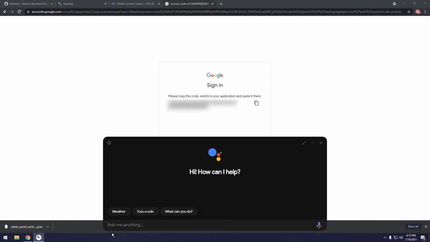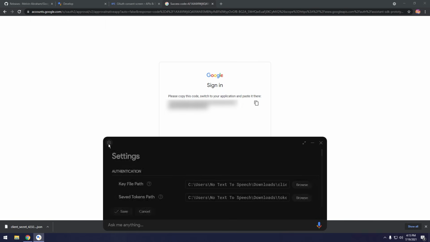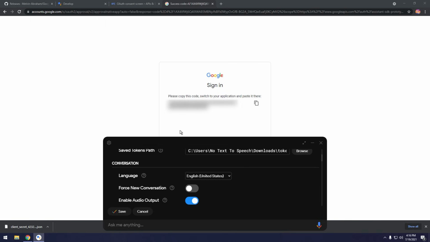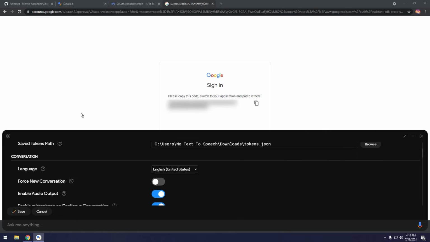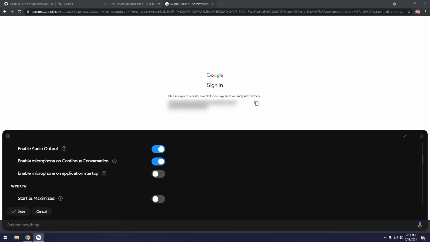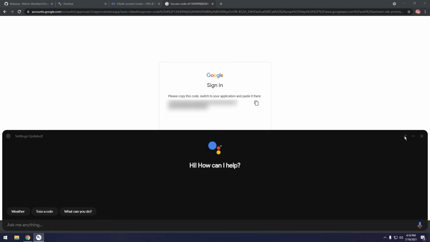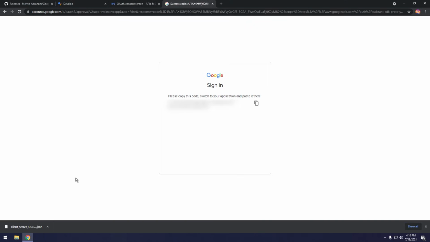You can ask it whatever. Okay, Google. Oh, yeah. You got to click on the little play button thing. There's probably a setting for it. Let's see. Oh, there is. Yeah, there's settings for it. So you can click maximize, make it a little bit bigger. Enable microphone on application startup. So if you enable that and click save, then when you close the application and you press the Windows Shift A,